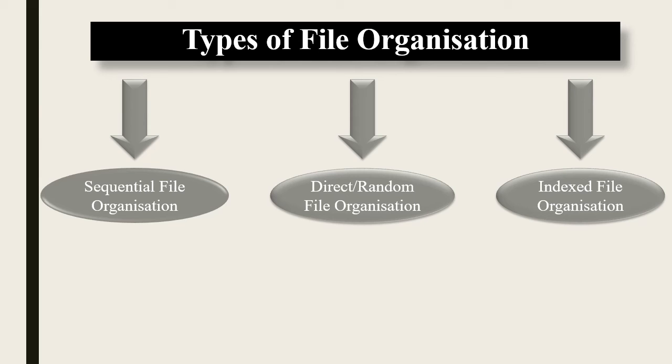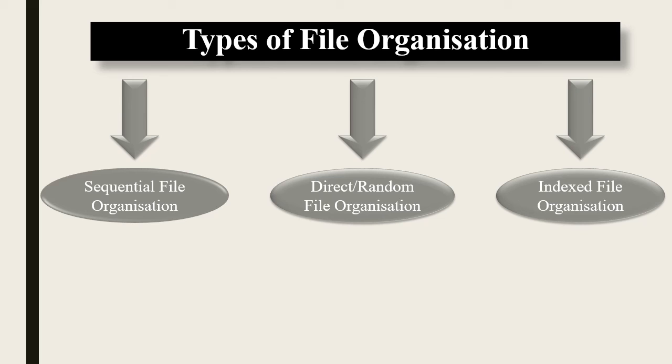Second is the direct or random file organization. In direct access file organization, records are placed randomly throughout the file. Records need not be in sequence because they are updated directly and rewritten back in the same location. New records are added at the end of the file or inserted in a specific location based on a software command. So records are accessed by addresses that specify their disk location. It is a random file organization.